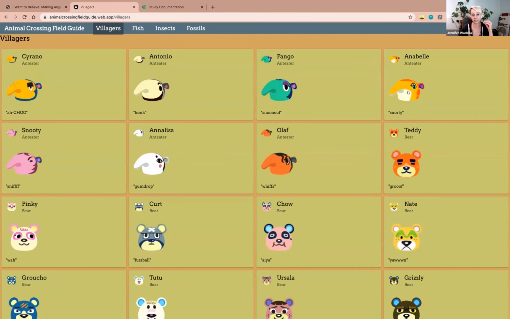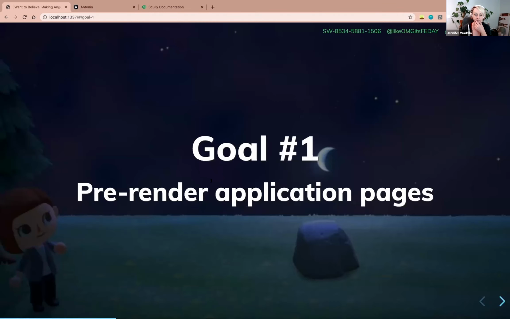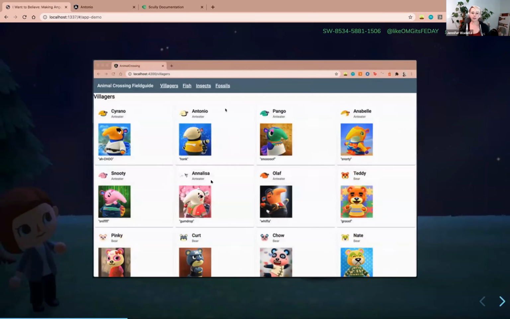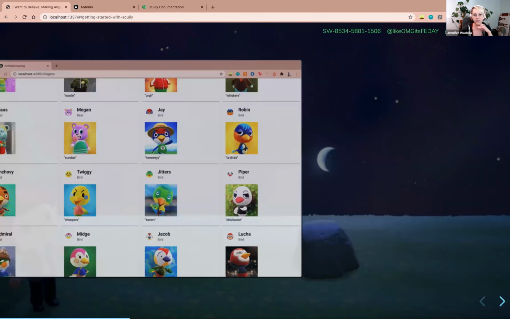So for instance, I see this page. I lost my mouse. Where did my mouse go? All right, there it is. I click into this, and then that click functionality based on the Angular router will be available by the time my user is ready to interact with it. All right, and this is just a screenshot of this demo app and how it works.